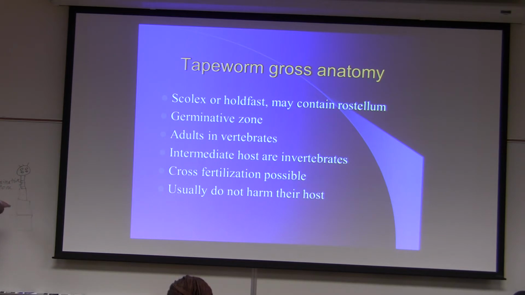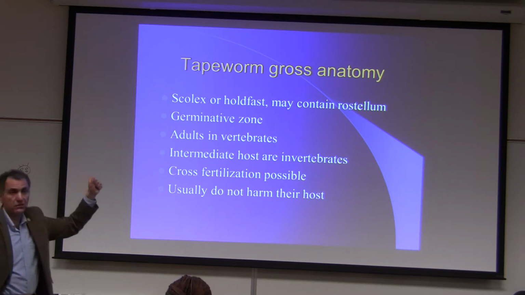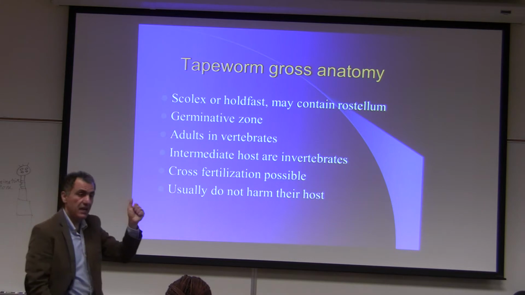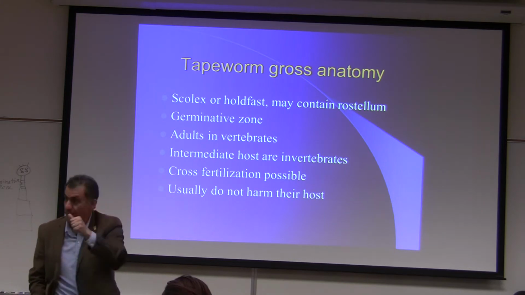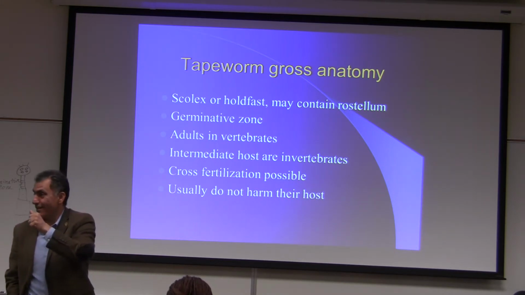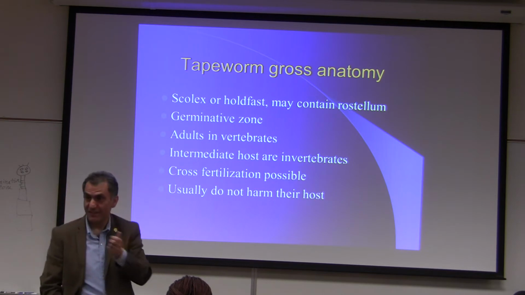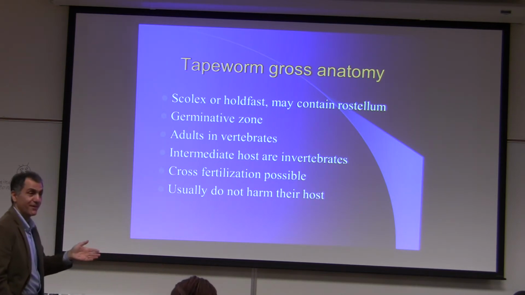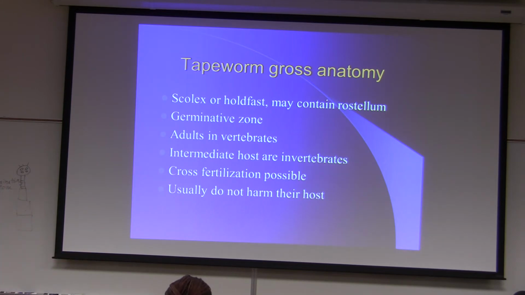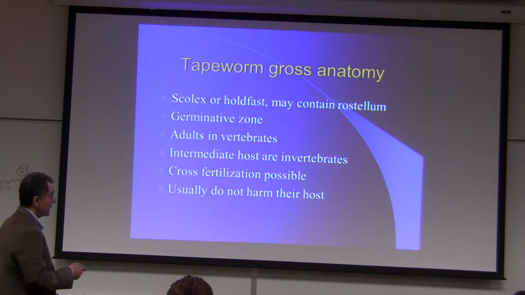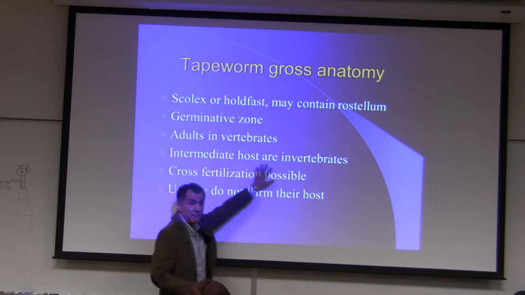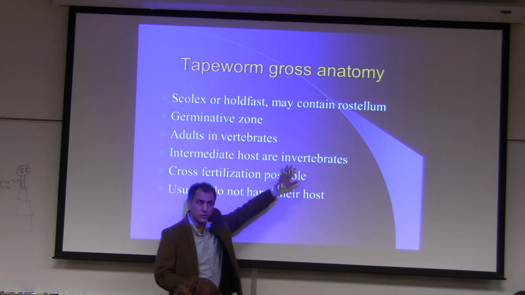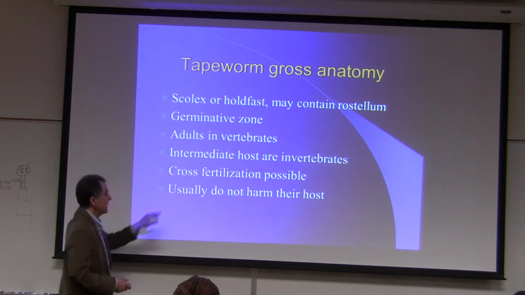Okay, adults in vertebrates. Usually the adults of these organisms are in vertebrate animals. Is that right? I didn't make up the English language. Invertebrate, in vertebrates. You all know what I'm talking about. I hope I'm making some sense. Okay. Oh, wait, intermediate hosts are invertebrates. And if they have intermediate hosts, not all species have them. Okay, if they have it,